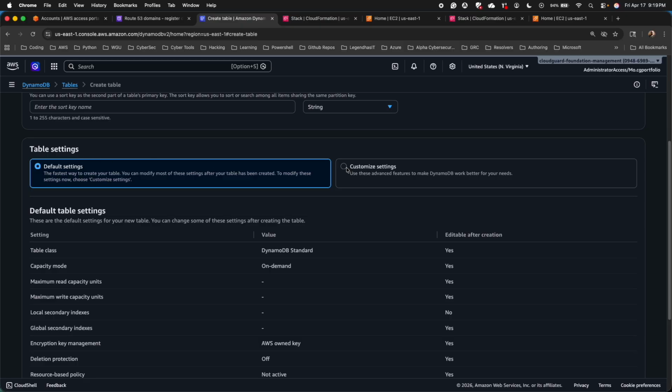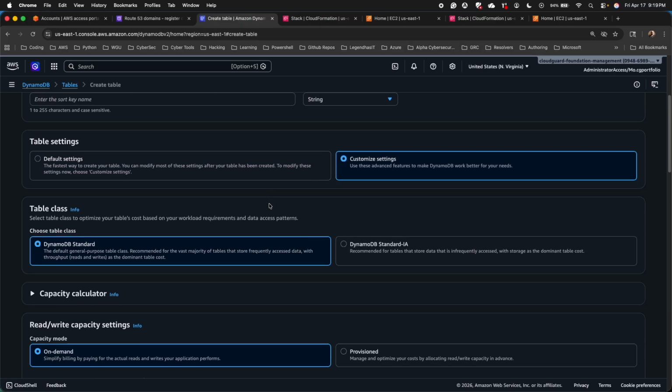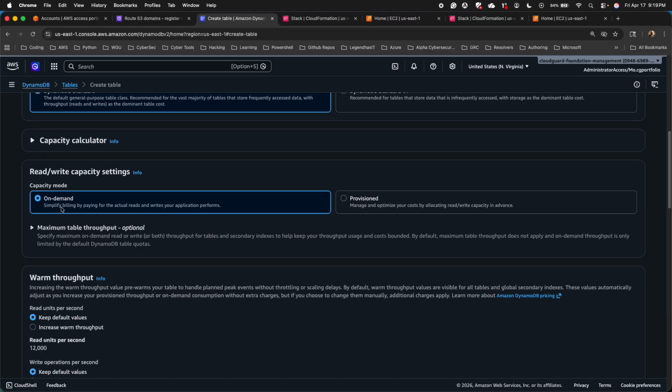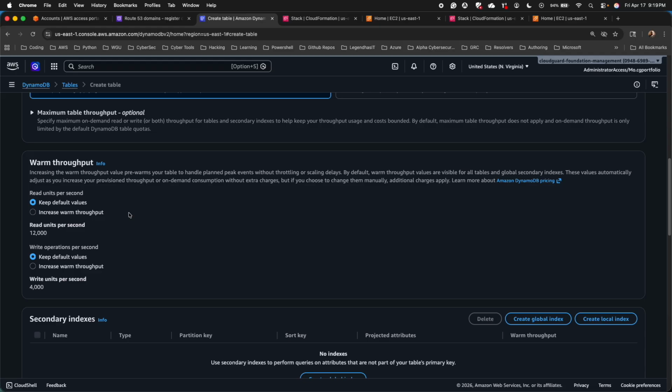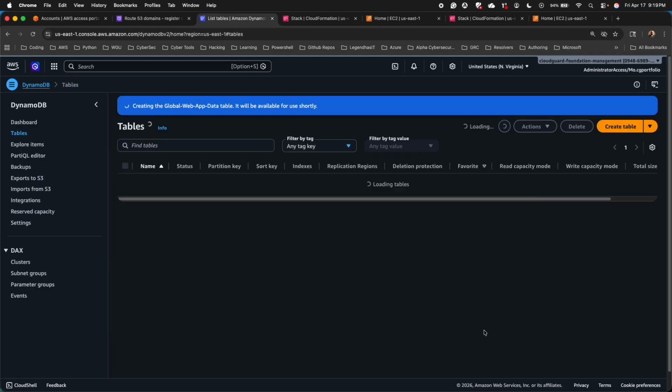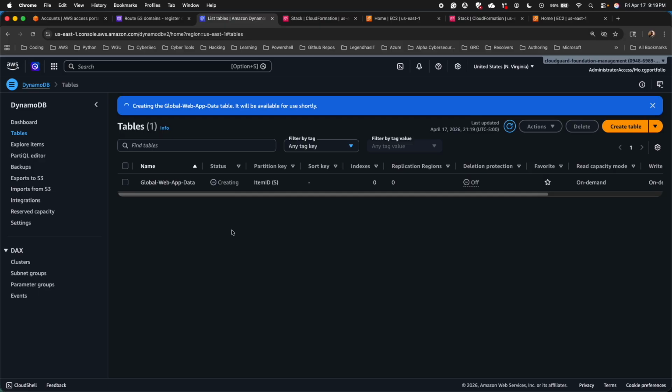You want to go to customize. You want to customize the table. Leave it at DynamoDB standard. That's fine. It's going to be on demand, and then just leave everything else as default, and then go ahead and create table. This is going to take 2 or 3 minutes, but once it's created, we're going to go into global tables